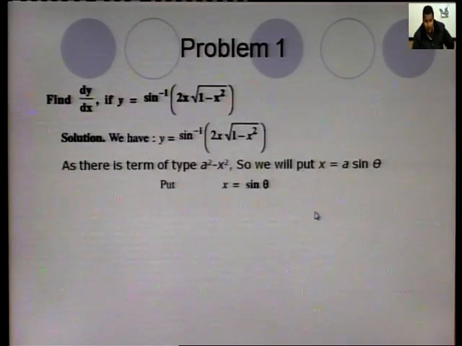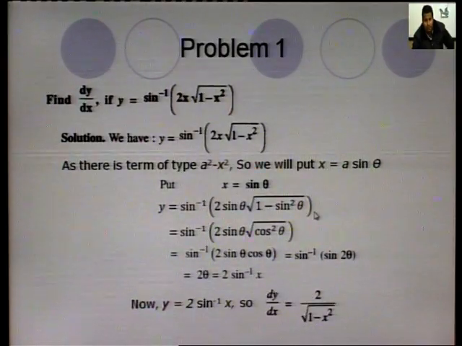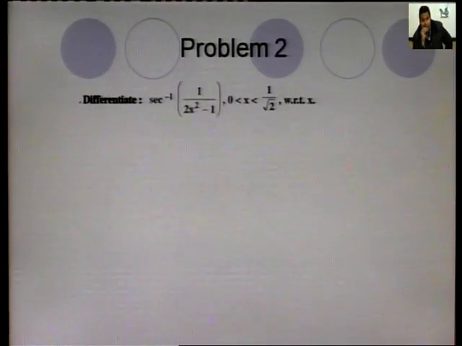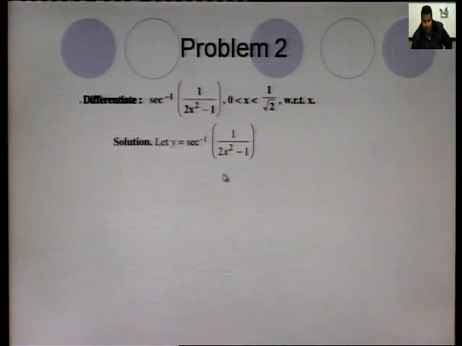Now another problem is there. Differentiate secant inverse of 1 upon 2 x square minus 1. The value of x lies between 0 and 1 upon root 2. It doesn't matter, because this is only for the definition of this secant inverse x. Like see here, as I have told you earlier, we have to cancel out these inverse functions. So the inside term should become